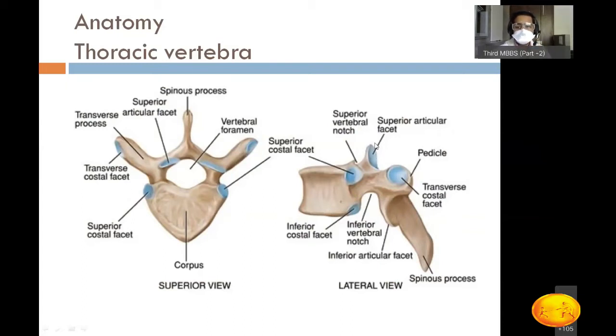If you look at the orientation of these facets, these are almost vertical. So the superior articular and inferior articular facets are almost vertical in case of a thoracic spine, restricting the mobility. So thoracic spine is the least mobile part of human spine because of two reasons. One is the rib attachments. The rib cage reduces the mobility, and two, the articular processes are vertically oriented. So if this joint is vertical, then there is less chance that it will flex or extend.